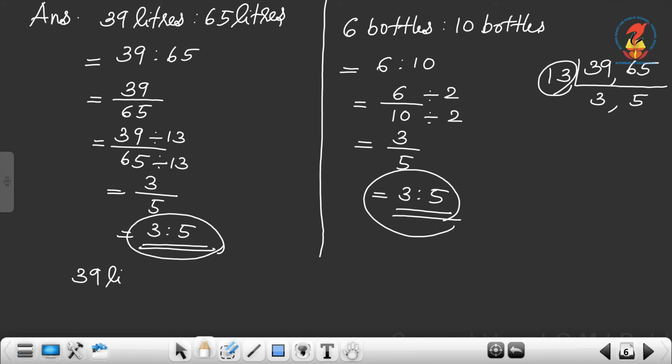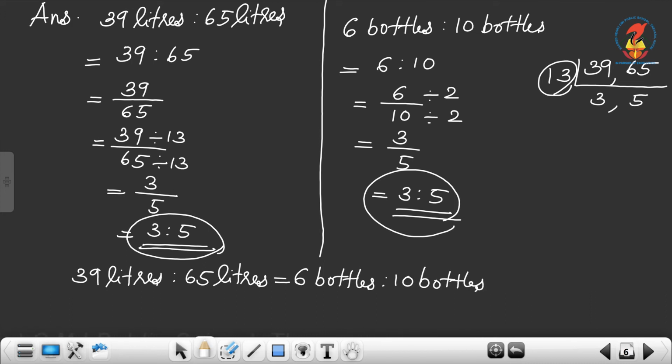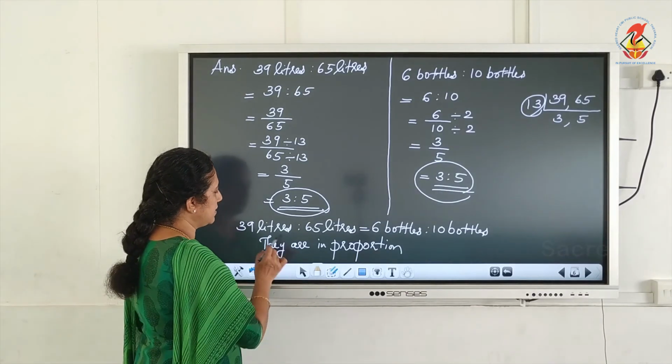39 liters is to 65 liters equal to 6 bottles is to 10 bottles. So, the two ratios are equal, therefore, the four quantities are in proportion. They are in proportion. Now, if they are in proportion, we have to find out the extreme terms and the